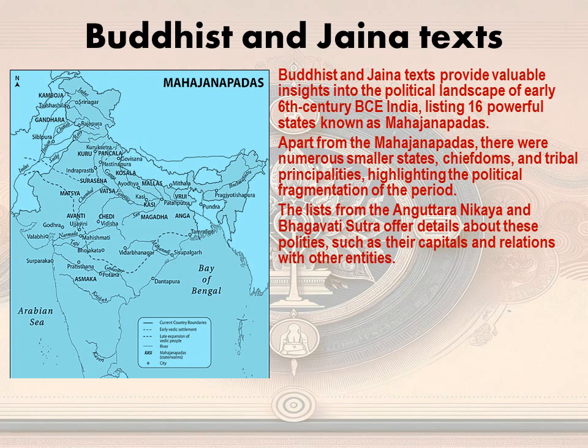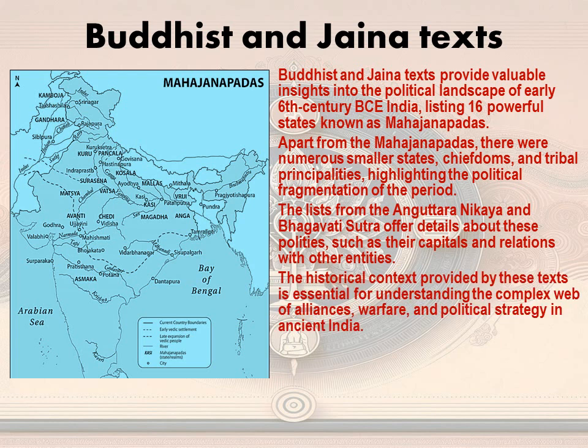The lists of the Anguttara Nikaya and Bhagavati Sutra offer details about these polities, such as their capitals and relationships with each other. So all these texts show us through different stories the relationship and connections between them. The historical context provided by these texts is essential for understanding the complex web of alliances, warfare, and political